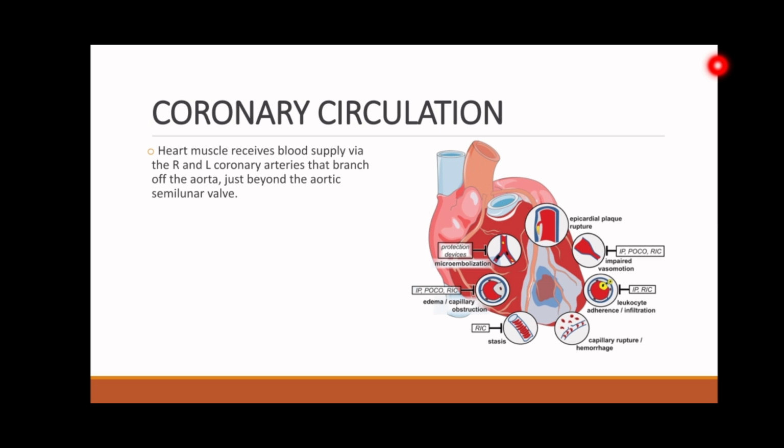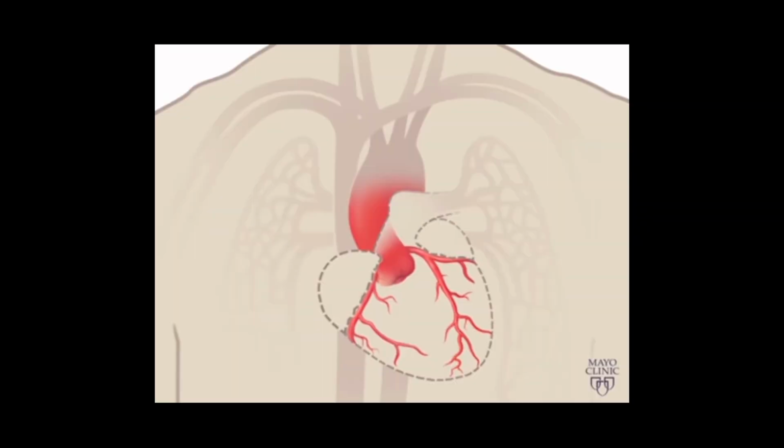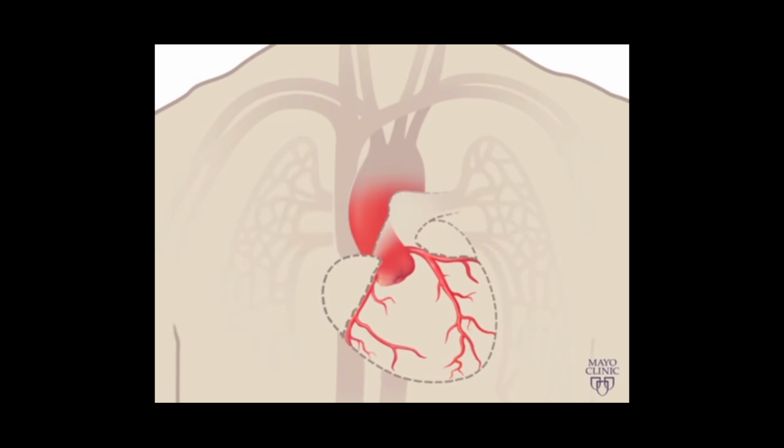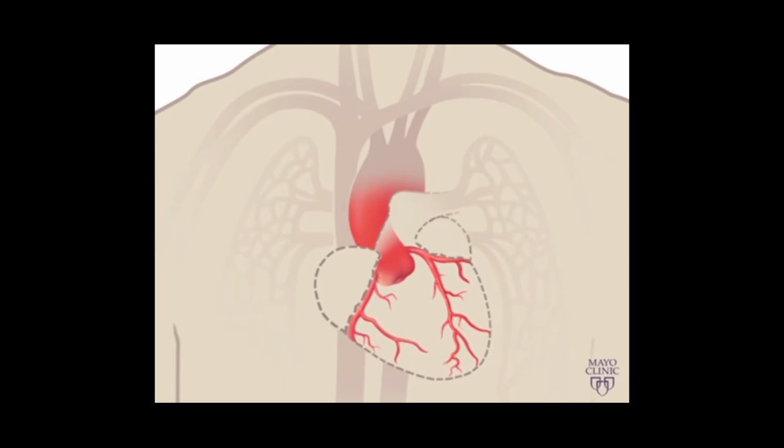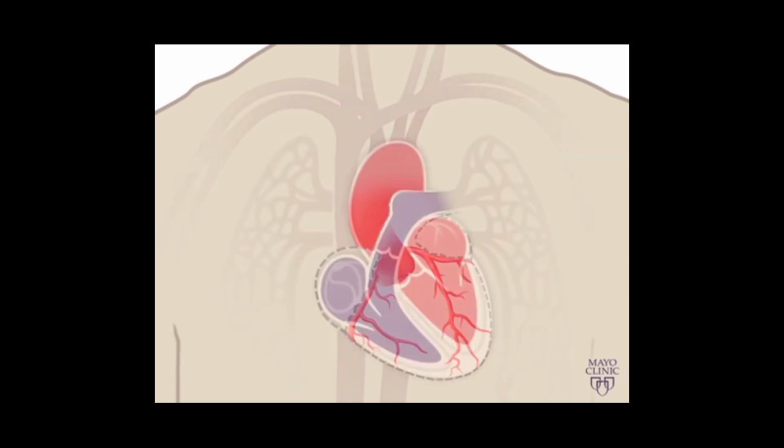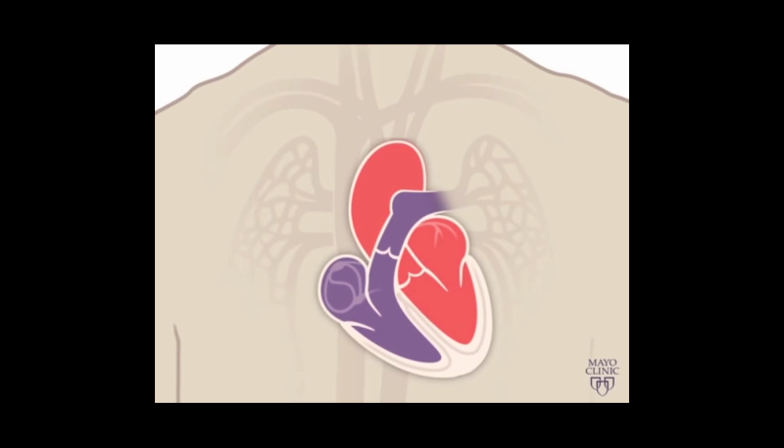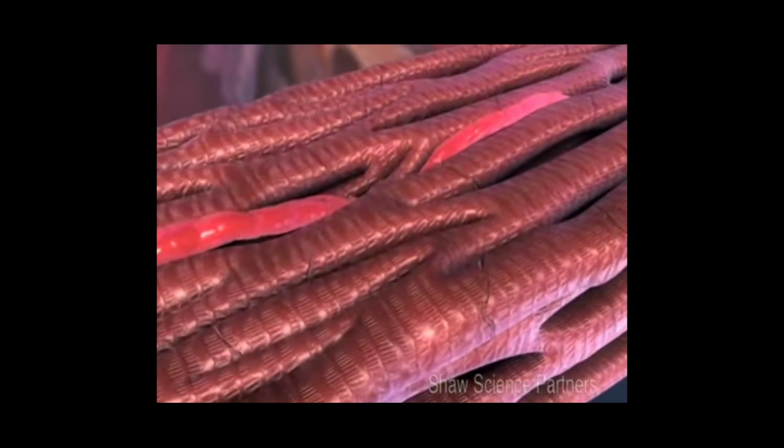The heart muscle does not receive nourishment or oxygen from blood passing through the heart. It receives its blood supply via the right and left coronary arteries that branch off of the aorta, just beyond the aortic semilunar valve. Partial obstruction of a coronary artery or one of its branches can reduce blood flow to